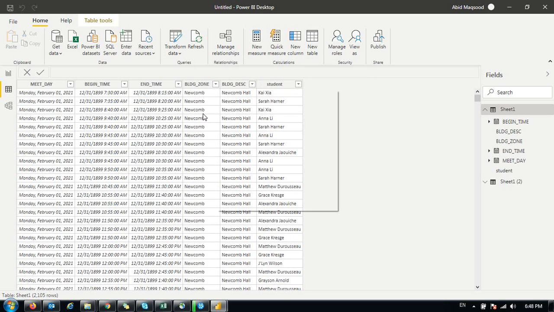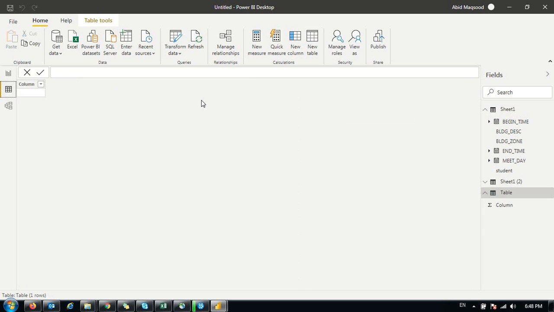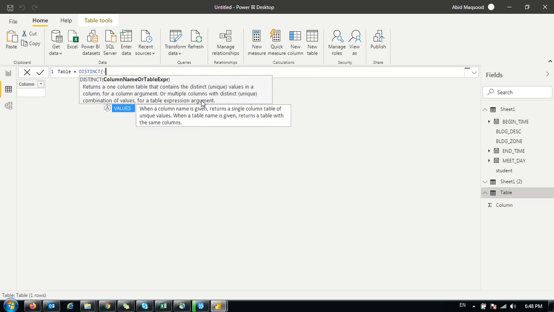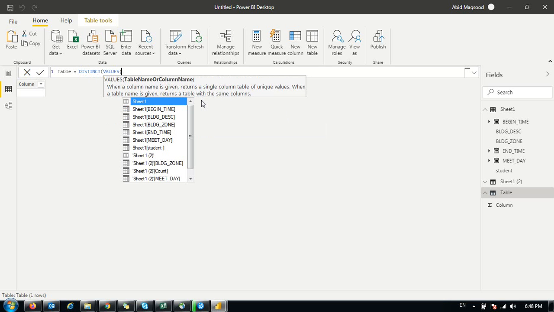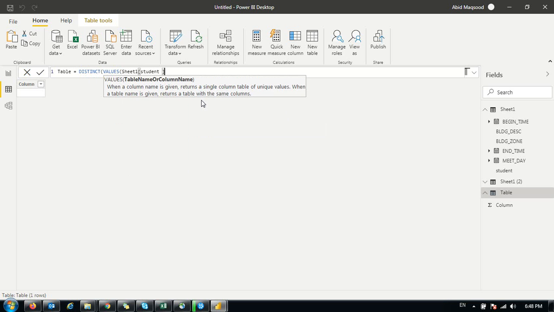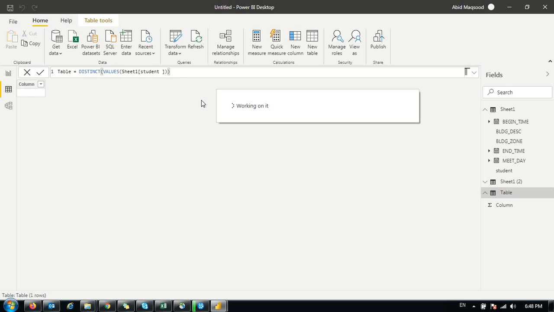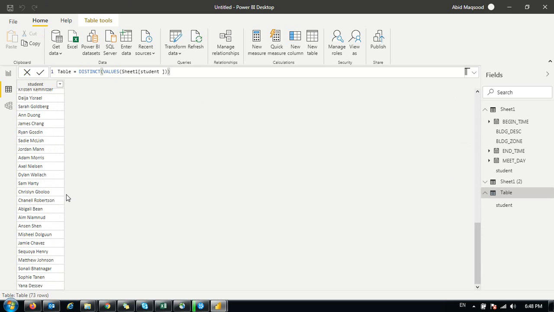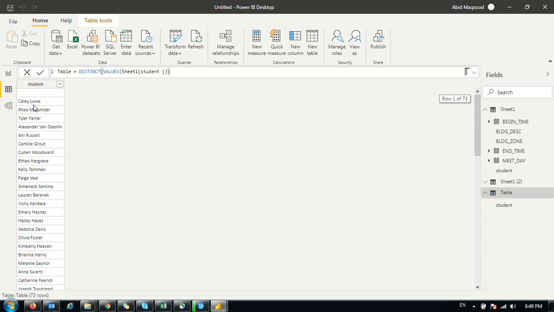Click on new table, and in new table we have to write a formula like DISTINCT, and we need values from sheet 1 student. So these distinct values will be calculated over here like this. You can see that all the values are unique in this column, and these are total 73 values. One is empty, the rest are not.